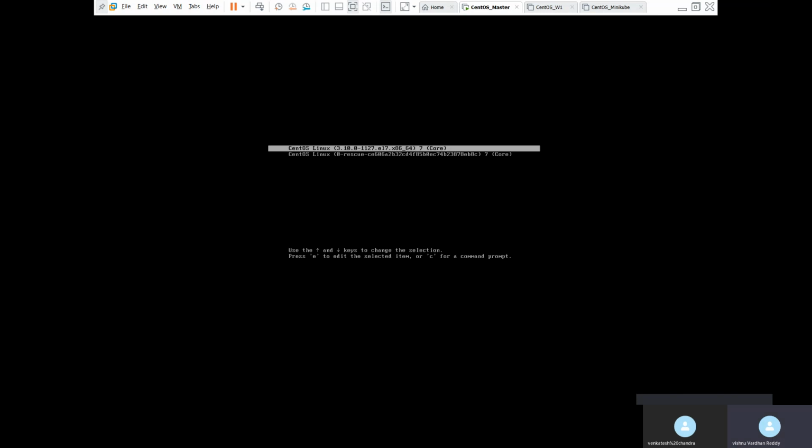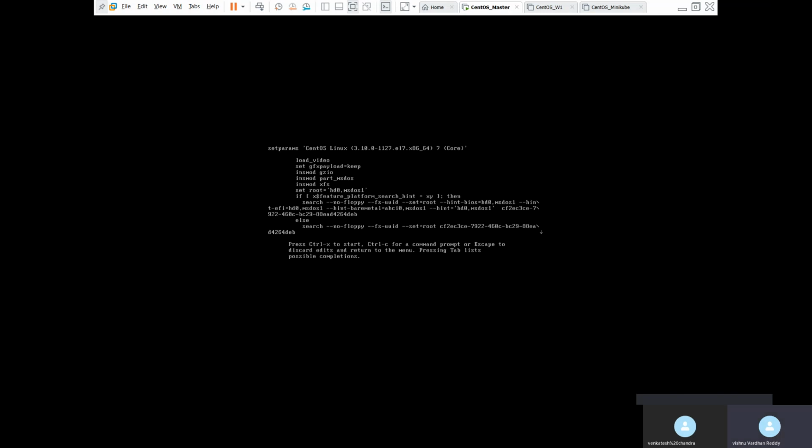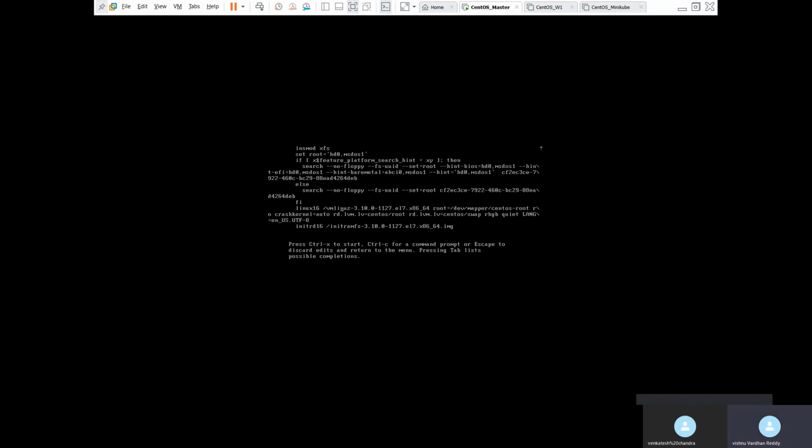I think I selected. See the command prompt. Press E to edit. And then select E. Set root hint bias minus in the, see here.